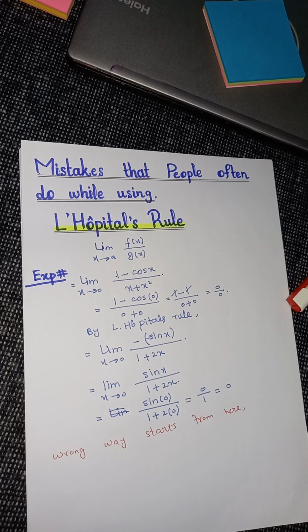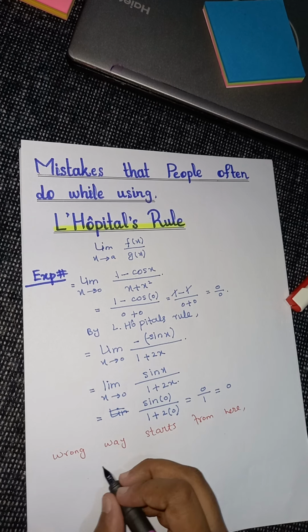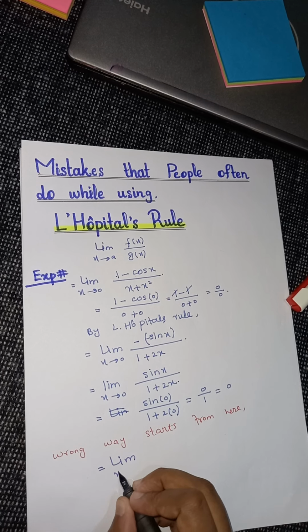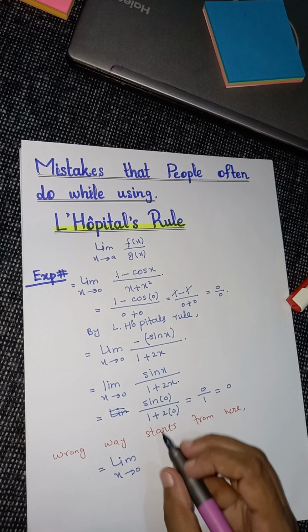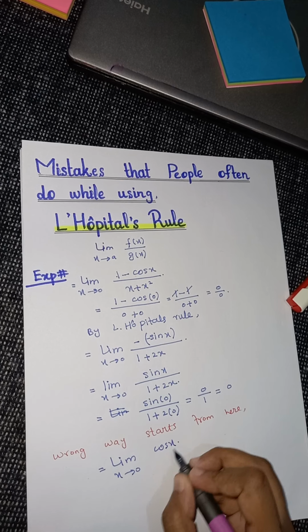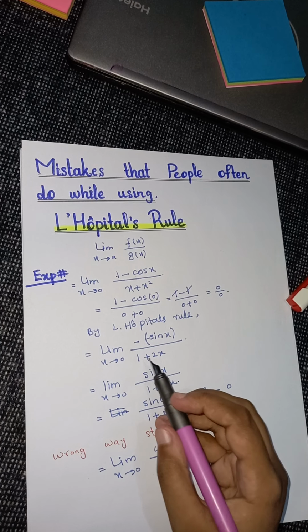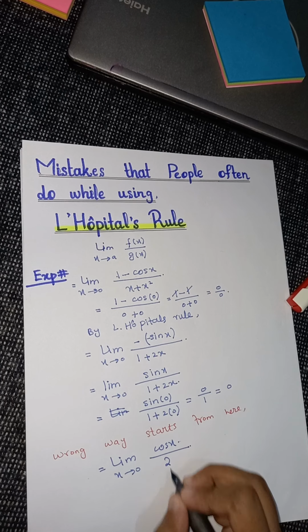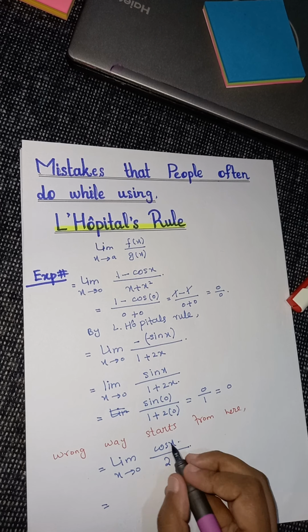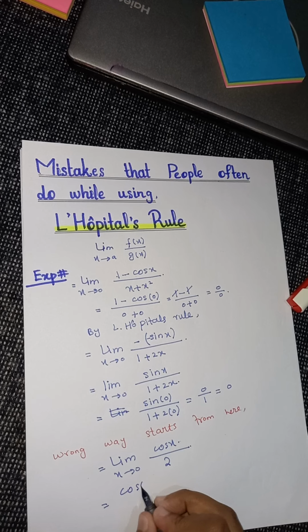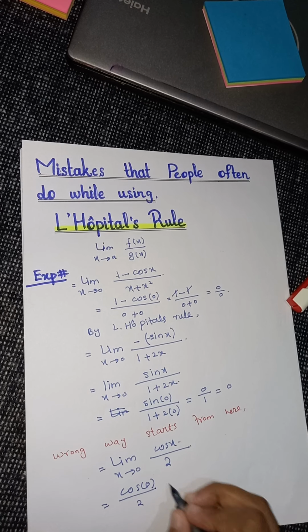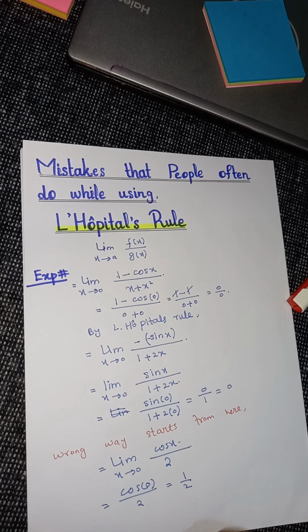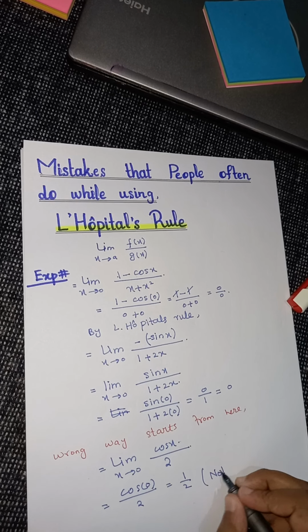They again apply L'Hopital's rule. If we again apply it, we get the derivative of sin x equal to cos x, the derivative of 1 equal to 0, and the derivative of 2x equal to 2. Now if you apply the limit here, then you will get cos 0 by 2, which is equal to 1 by 2, but this is not correct,